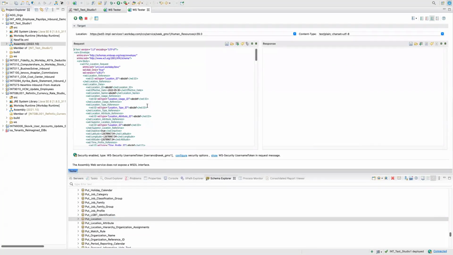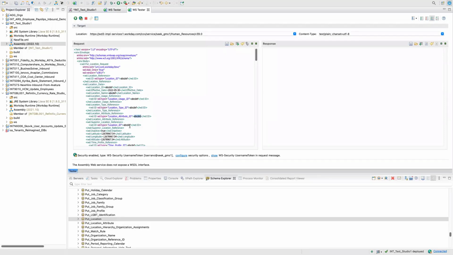Now, since we have to load data into Workday, you see this ABCD. ABCD is a dummy. Now Workday has made it easier for you. Since you have to create the data, Workday will populate the web service with dummy data